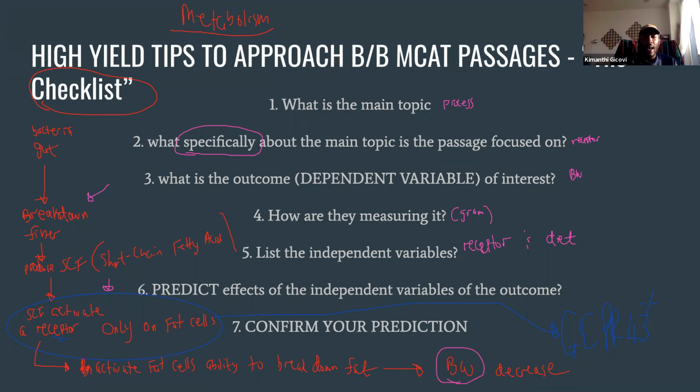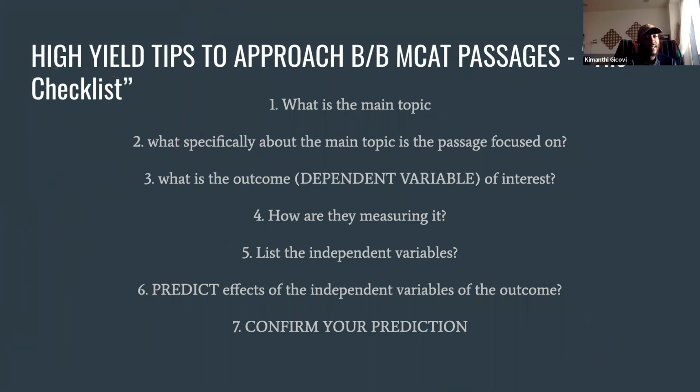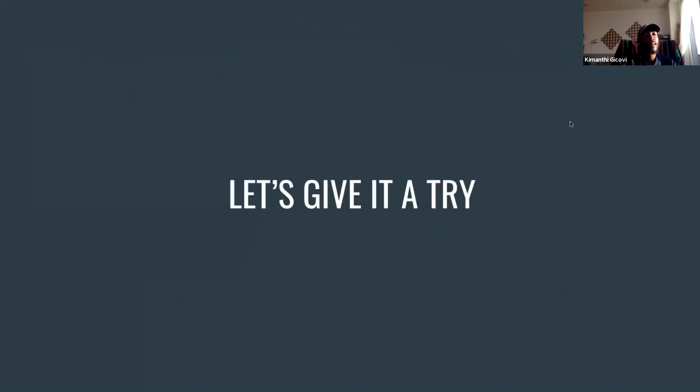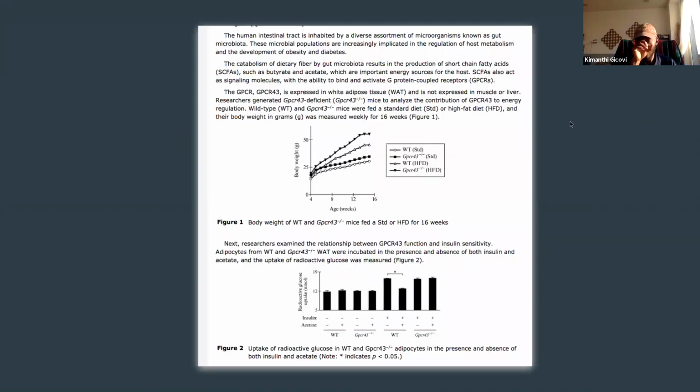So, Allison, you still here? Yep. All right, you ready to do the last thing? Yep. All right, here we go. Go ahead and confirm for us on that graph, and talk it through. So what are you looking to confirm? What did you predict? I predict that when they don't have the receptor, their body weight's going to be a lot different than the wild type. It's going to be a lot heavier, probably.